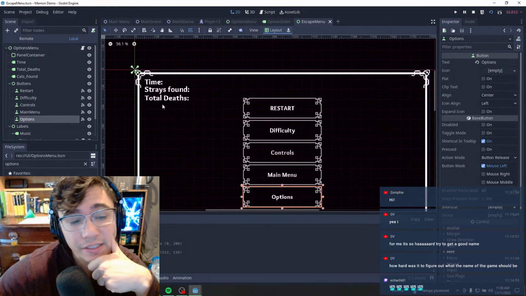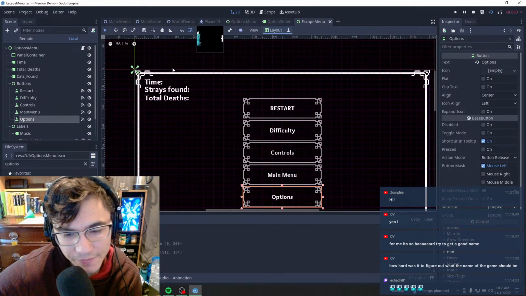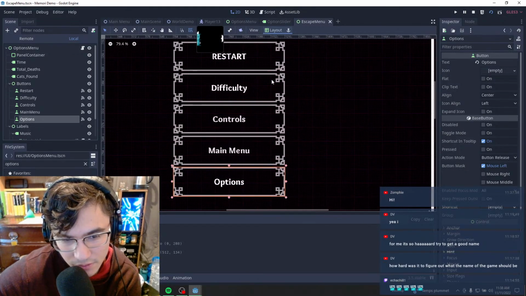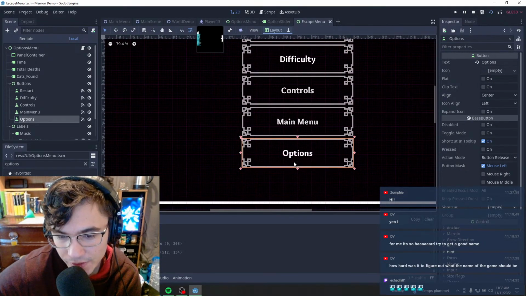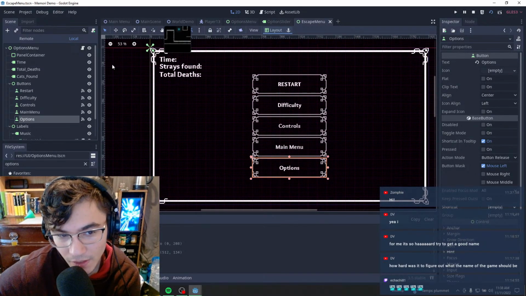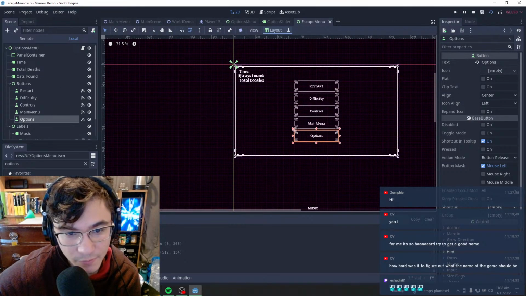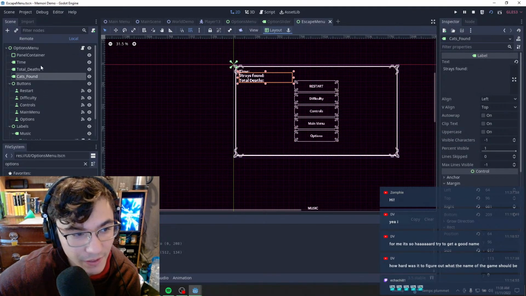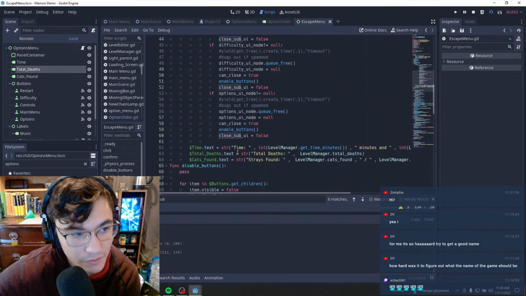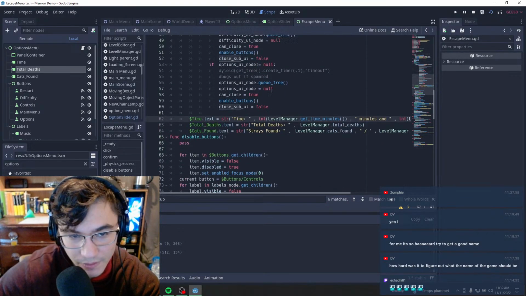And right now we have this time and strays and all of these stats. I don't know if this is intimidating for the player, so maybe what we should do is include this in the options and just say display stats. We'll probably do that. So let's see what this value is here. Cats found, time. I think this is all in our options menu. Time dot text, all of this stuff here. So what we'll say is